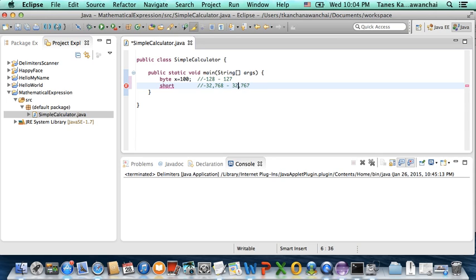$32,767. So short. Let's name it as y equals to 30,000. Okay, now we look at another data type, int. z equals to, now in integers you can do very big numbers,